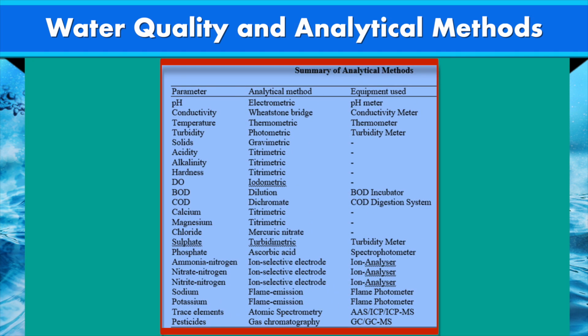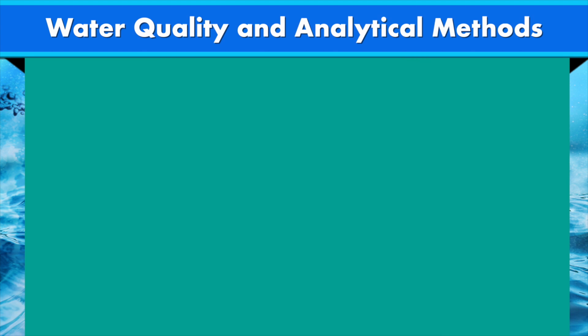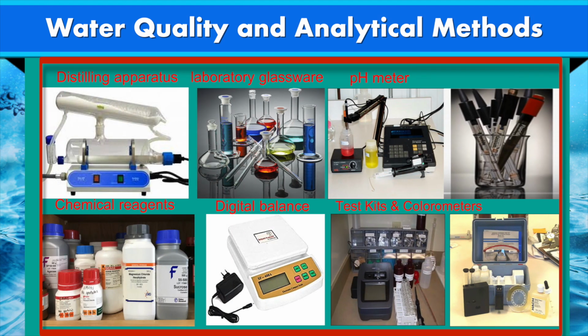The summary of the analytical methods can be shown here. Moreover, for developing a basic water quality laboratory, certain space and items should be acquired. For example, there should be adequate space for essential services, facility for a distilling apparatus and adequate supply of volumetric and other laboratory glassware. A lab should have standard chemicals and reagents for the parameters to be measured and an